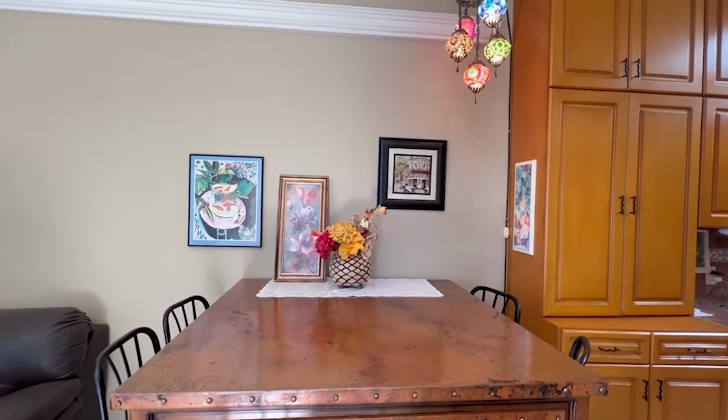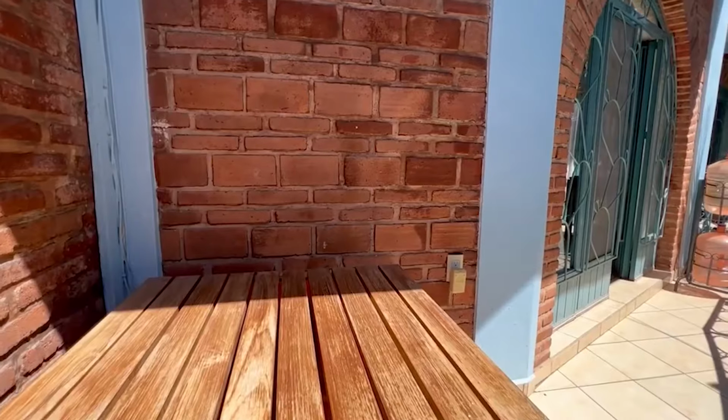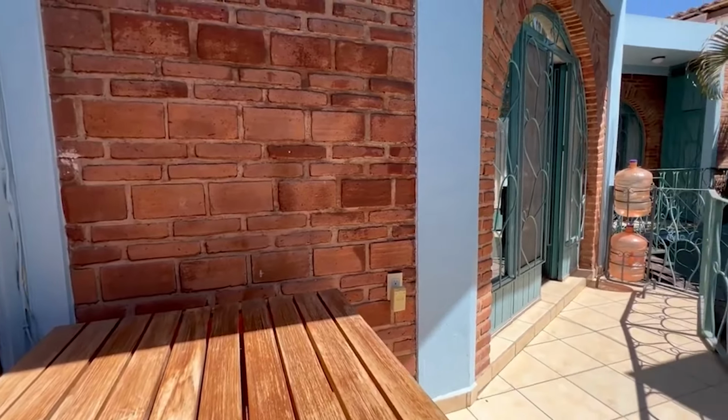I mean, you even have some crown molding. And if we come out here, we have a little wraparound terrace. Super cute. Nice little area to come and have a coffee in the morning. Coming back in,